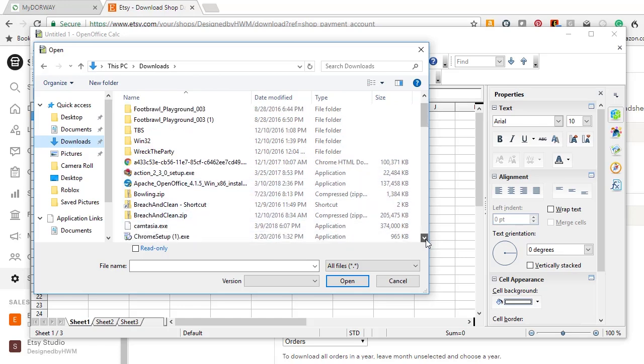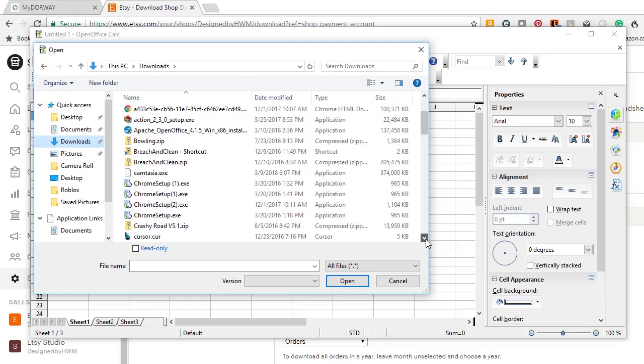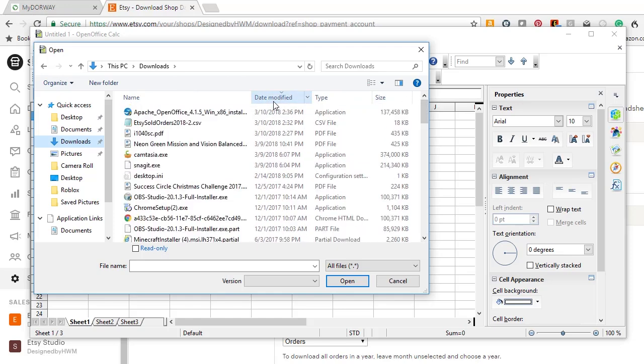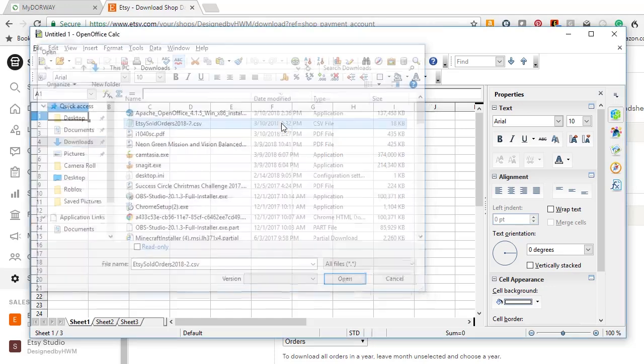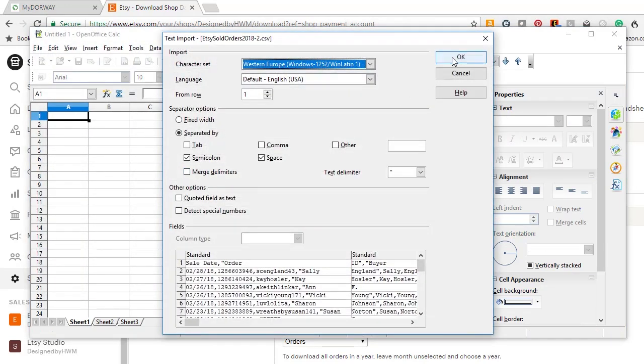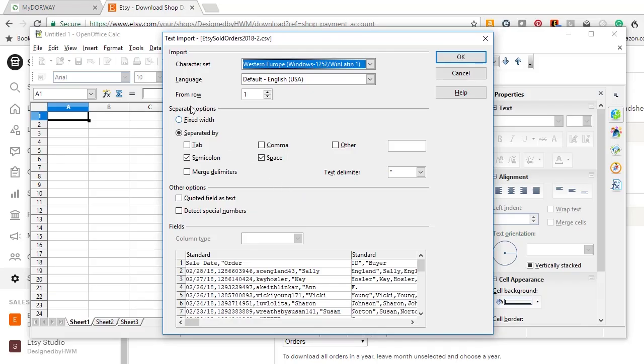So I just come over to my downloads. And there it is right there. So you can always click on this date modified to find the newest files that you have. To open a CSV file in your spreadsheet application, you need to pick,